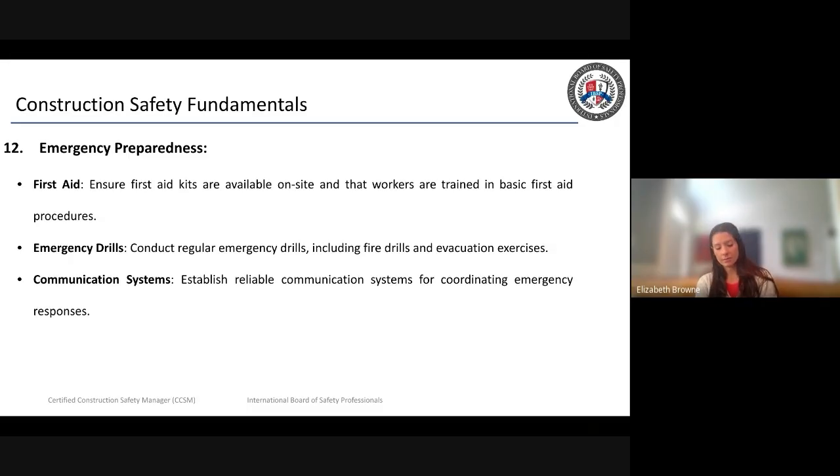Construction sites can be somewhat in remote areas, or they can be difficult for your emergency response in the area to get to. So again, that's why I recommend that if at all possible, if you don't have one, that you add that to your safety toolkit. We also want to conduct regular emergency drills, including fire drills, severe weather drills, and, I would add to this, evacuation exercises,